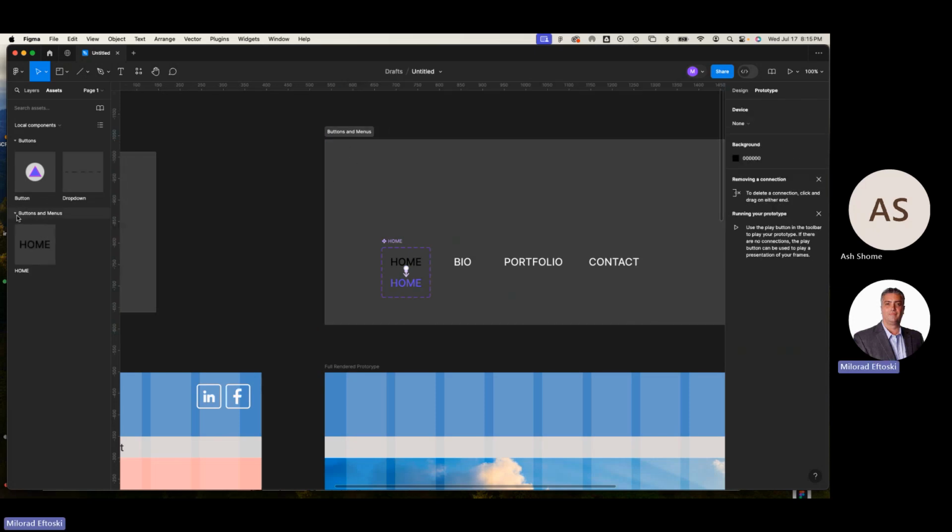What you have here is called buttons. If it didn't show up for a second, because you have to open it up, buttons and menus. There's a home button, okay? I apologize about the dark screen. You can't see it, but this now became the button I want to use. So what I want to do is now drag that button over here,